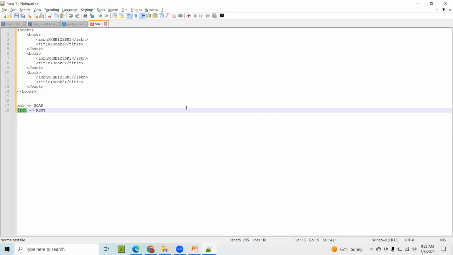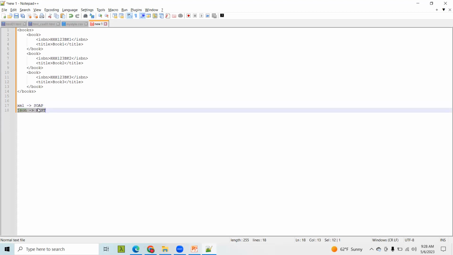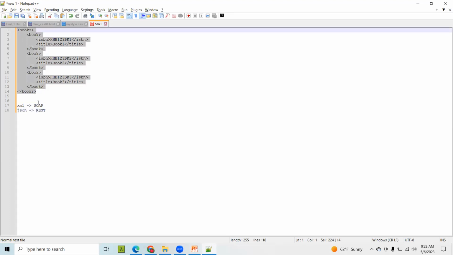Yes. Okay. So as I said, XML is for SOAP, JSON is for REST. We will look at this, but we are not even going to JSON right now. We are not going to REST. We are only talking about XML. But I had to tell you about SOAP, and the only reason we are talking XML, even though according to me it is dead, although it is not dead, is